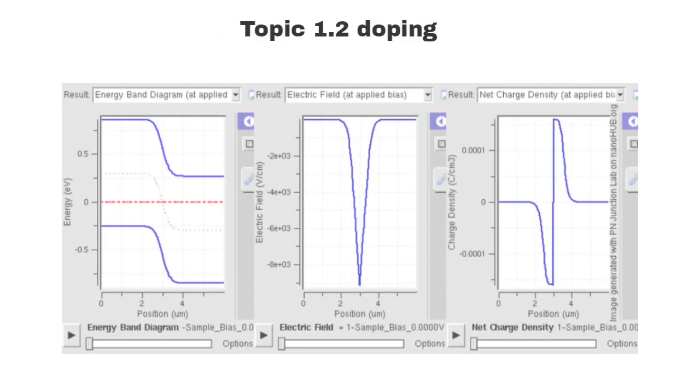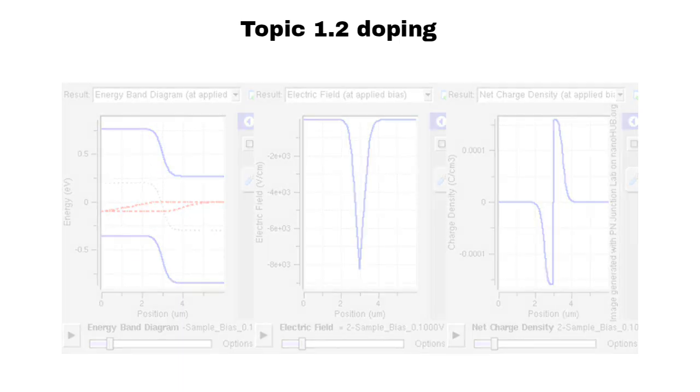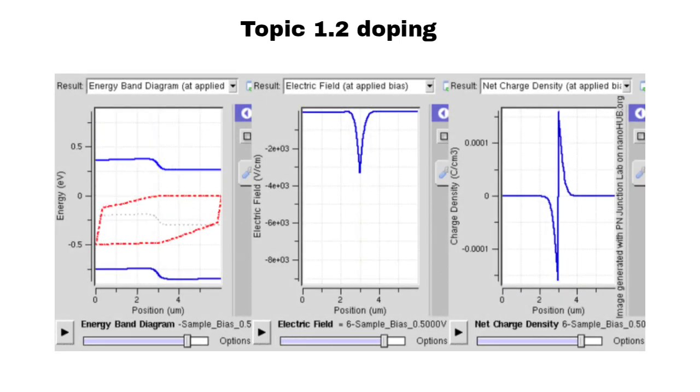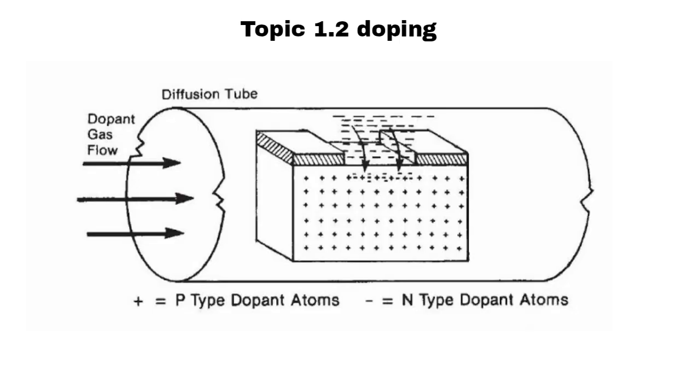But what makes semiconductors special? The important thing is that we can control their electrical properties. By adding small amounts of specific impurities, we can change the number and type of charge carriers in a semiconductor. This process is called doping, and doping is extremely important for creating devices such as diodes and transistors,